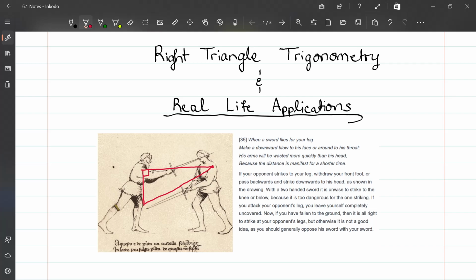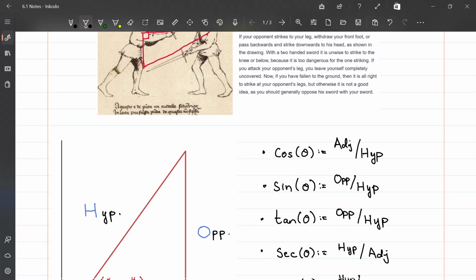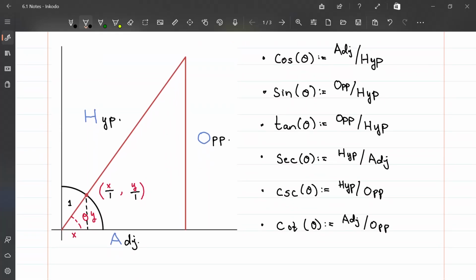Applications are all over the place, and they are very fascinating, and to understand how to use them to glean more information about our surroundings, we're going to need the following definitions. Scrolling down, we have the definitions that we need, and we have a diagram to go with it. You'll notice that I'm using the abbreviations ADJ, OP, and HYP, or HIP, to mean adjacent side, opposite side, and